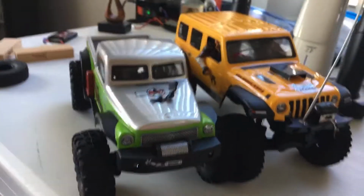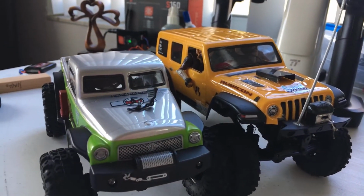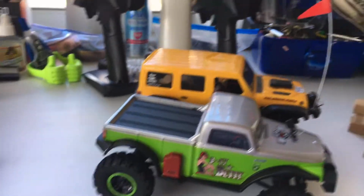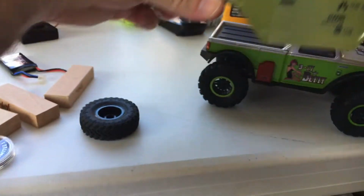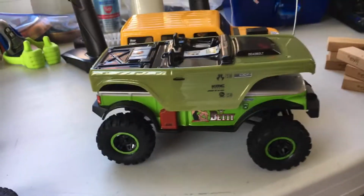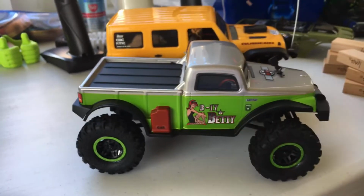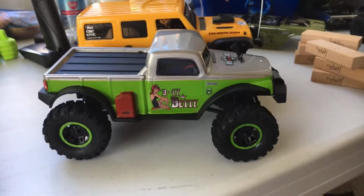If anything, I've tried to pull the body down closer to the chassis. And you can see, I'm sorry for my fingers there, you can see by comparison that the Betty sits much lower. The body sits much lower onto the chassis. So here's a Deadbolt, for example, and look how the Deadbolt almost completely fits right over top of the Betty. So secret number 2 of the Betty is that the body's much lower on the chassis,